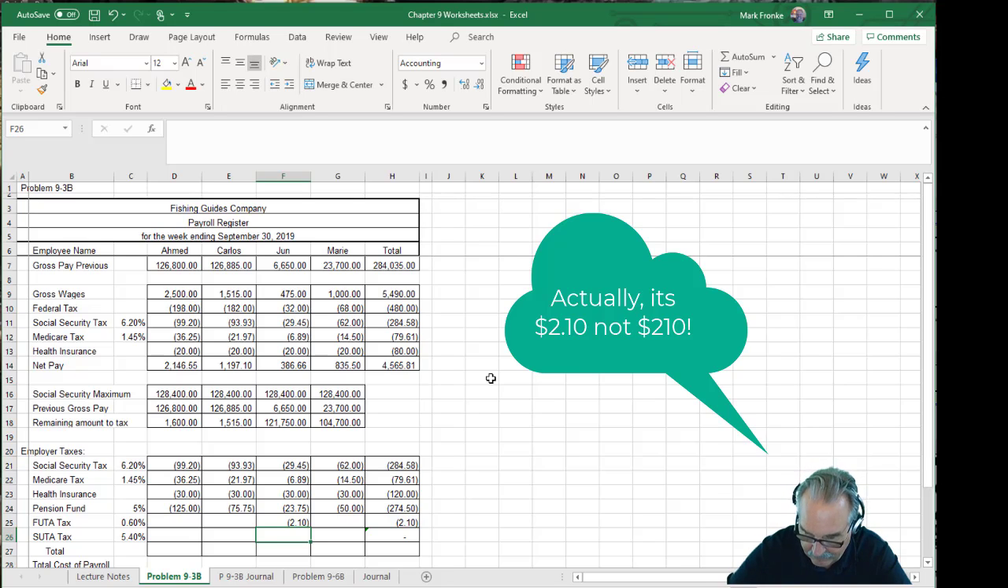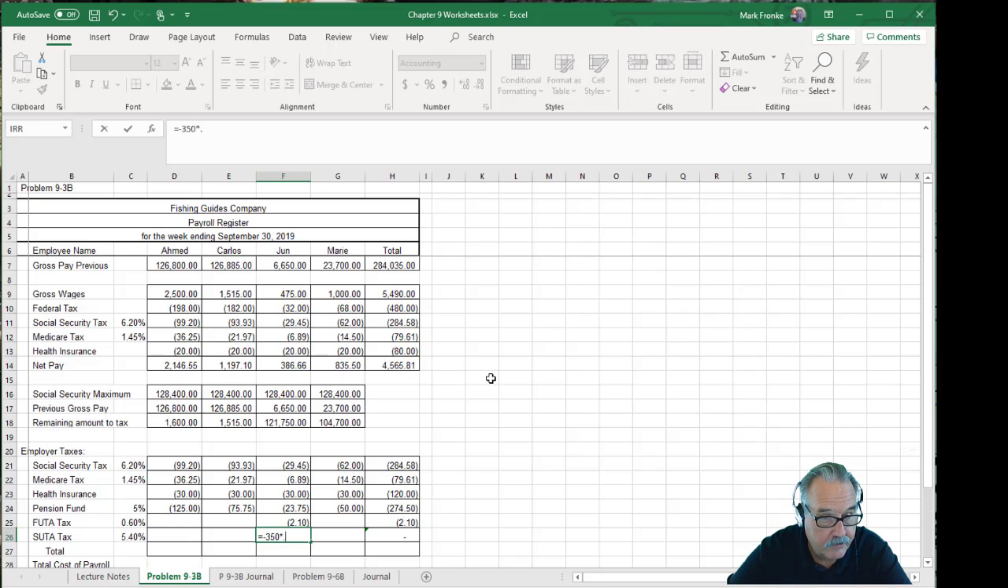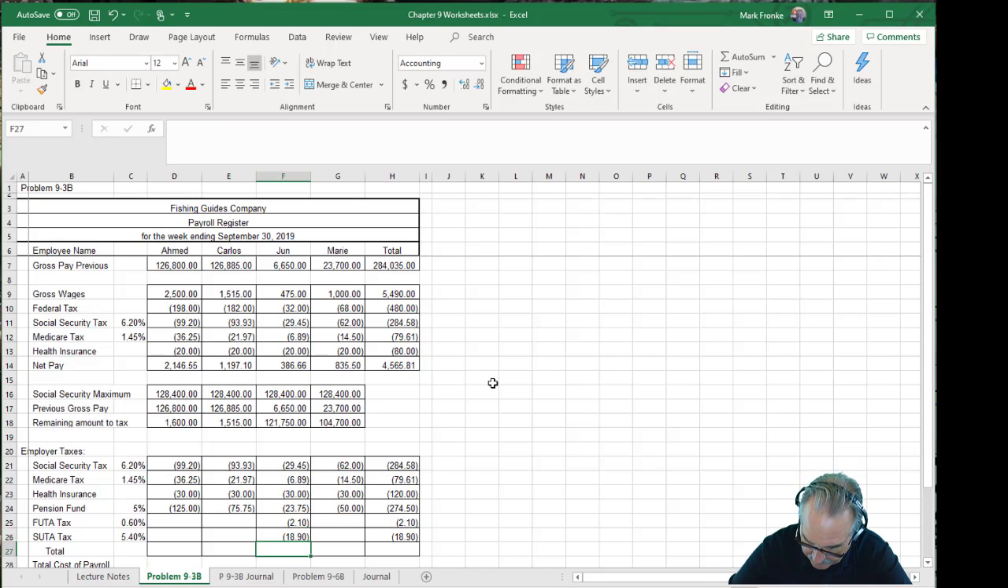And same thing for her SUTA tax. It's 0.054 or 5.4%, which is $18.90. So if I total these up now